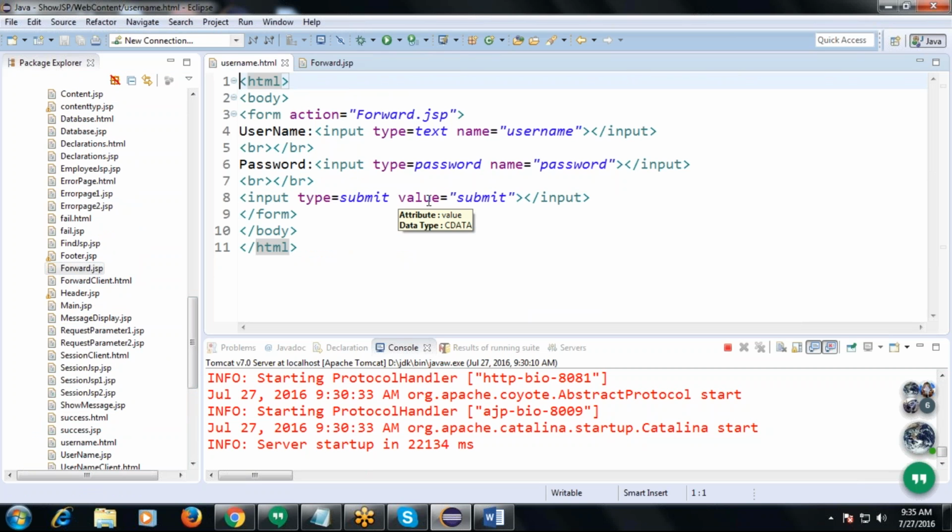Here we created one text field and a password field with a submit button, right? That is to enter a username and password by the user.